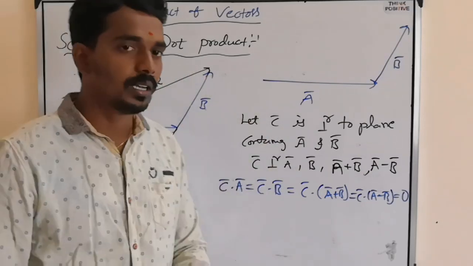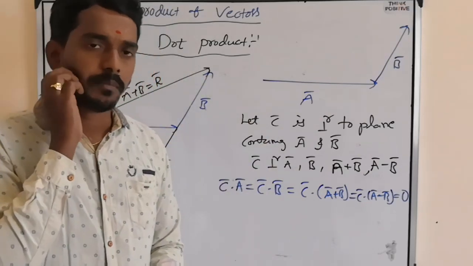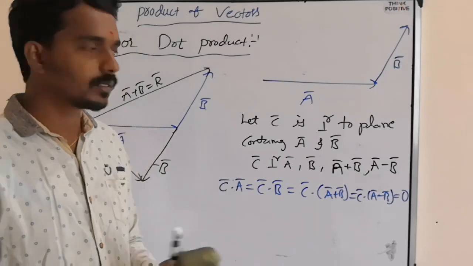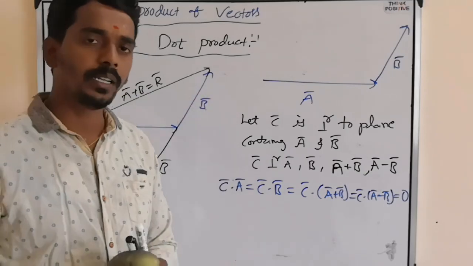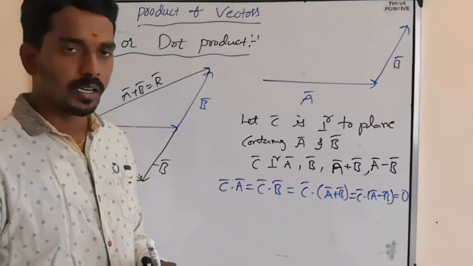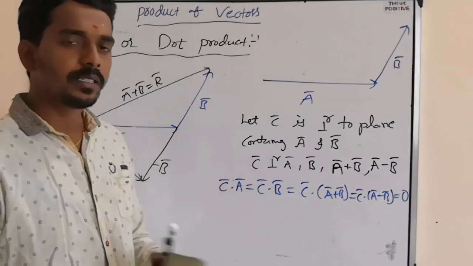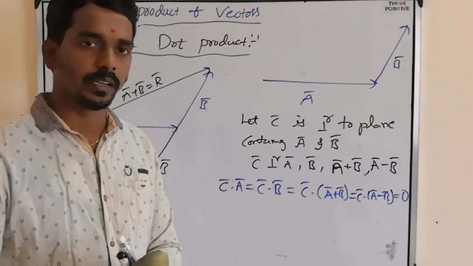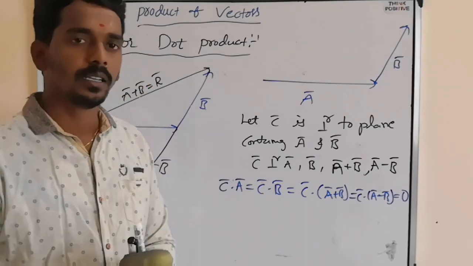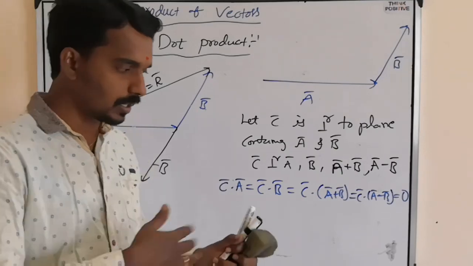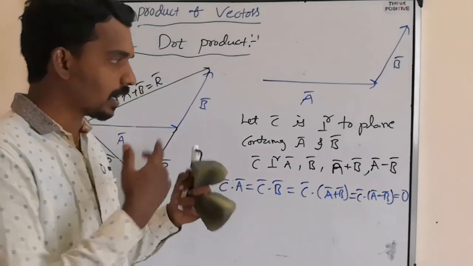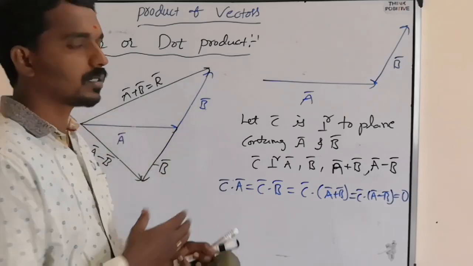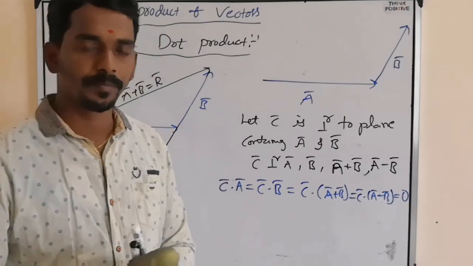So this is all about dot product. The main use of the dot product is to find the angle between two vectors. Right? But one physics application also will be there, a special physics example we can take. But that we will study in the coming classes. After studying the vector product, we will understand how we use this dot product in physics. Right?